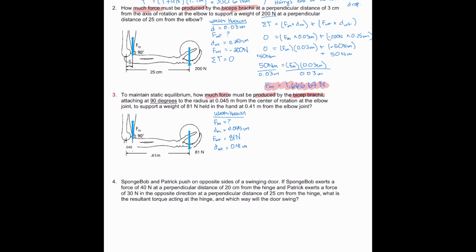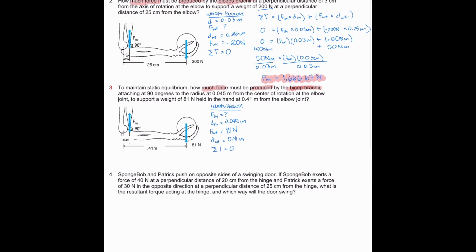Apologies. And then also, since we're looking for the sum, this one is going to be the same thing. The sum of this would just be 0, since we're still talking about static equilibrium. In this case it's already worded for us. If we know it's in static equilibrium, we know the sum of all torques must equal 0. So same process, we just plug this into our formula. That would be 0 is equal to the force of the muscle, which we aren't given here, but we already know this is what we're looking for today,